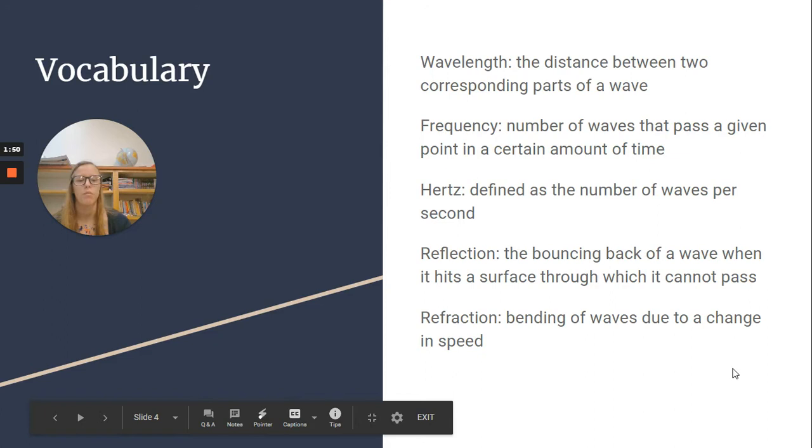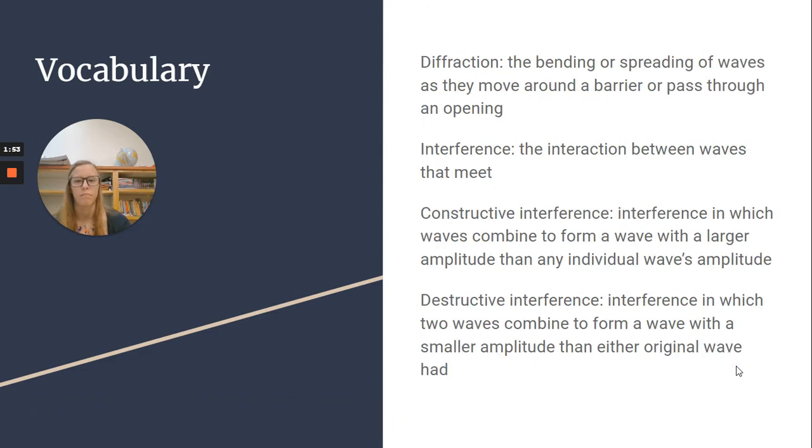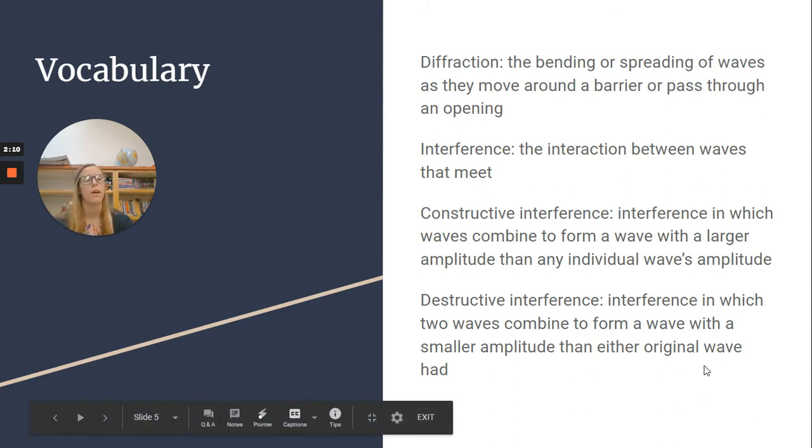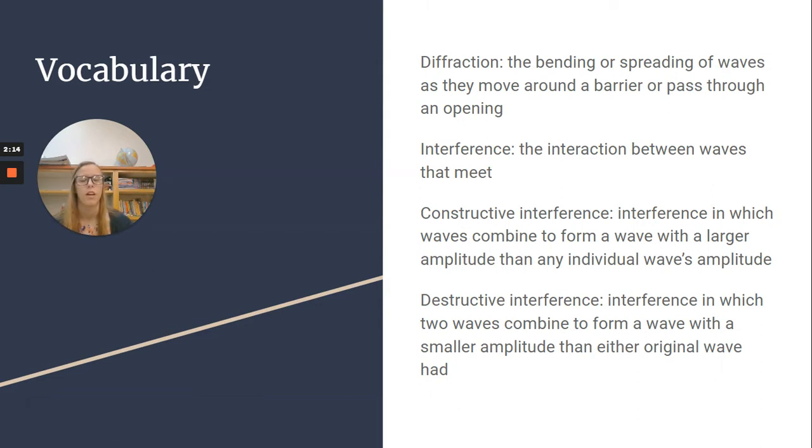Refraction, bending of waves due to a change in speed. Diffraction is the bending or spreading of waves as they move around a barrier or pass through an opening. Interference, the interaction between waves. Constructive interference, interference in which waves combine to form a wave with a larger amplitude than any individual wave's amplitude. Destructive interference is interference in which two waves combine to form a wave with a smaller amplitude than either original